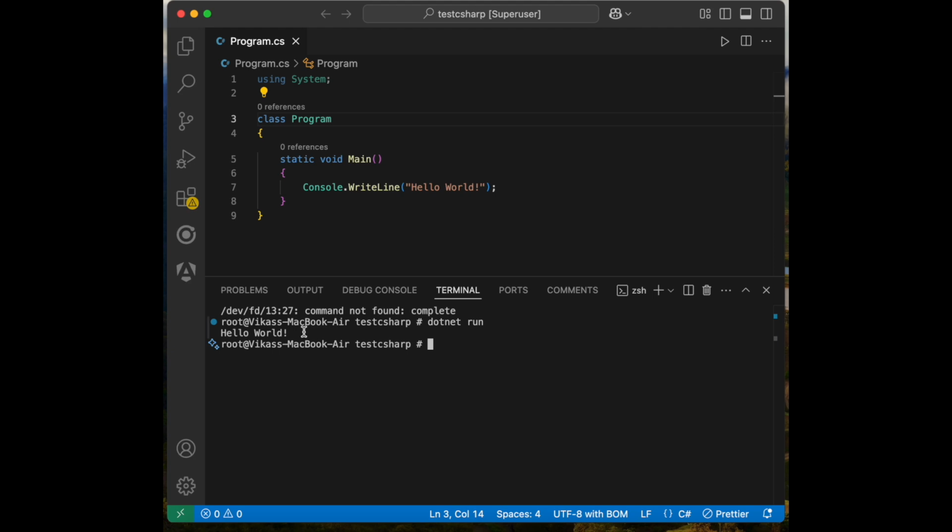So you can see this is the print hello world according the code. So this way you can create the console application on your Mac, and you can run in C# .NET